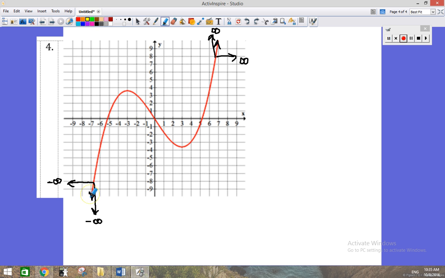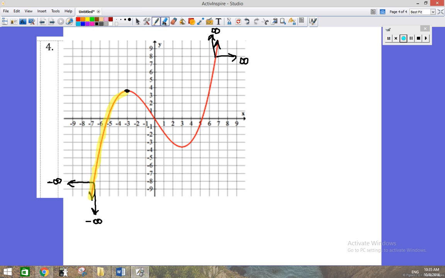Let's use yellow for increasing. When I hit that arrow, as I move from point to point, as I move to the right, I'm going up, so the y values are increasing. So we say on this interval the function is increasing, and that continues to happen until I hit this maximum point right there,